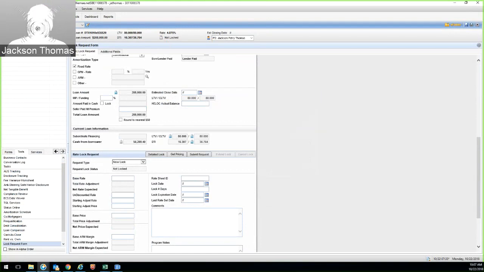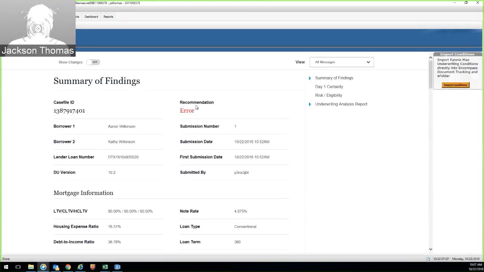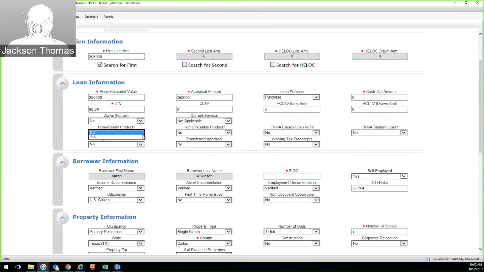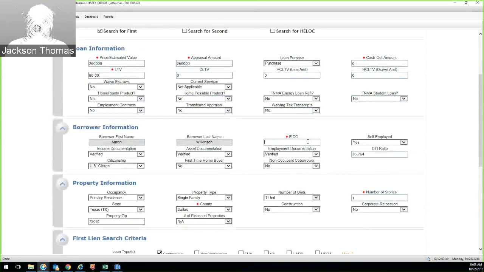So once this comes up, there we go. Okay. Now this is all going to funnel in. It should funnel in correctly. There are times though you have to hit the drop-down box and change this stuff to no. All these boxes have to be completed. If you see any box that's not correct, make sure you update that. But pretty much all these are going to be no. So now on this one, the FICO score did not populate because we don't have a full credit report. So I'm just going to manually type that in at